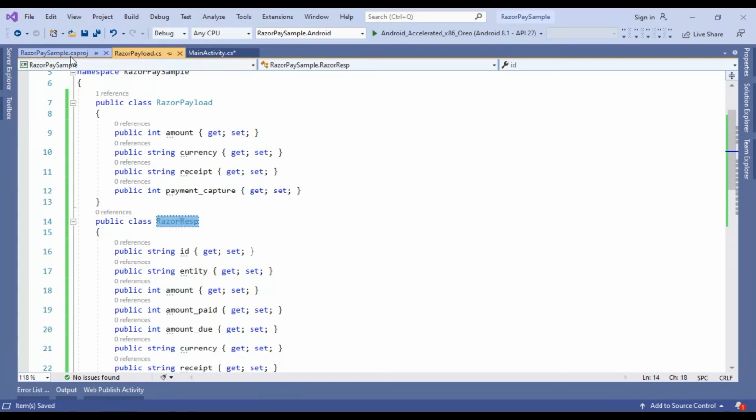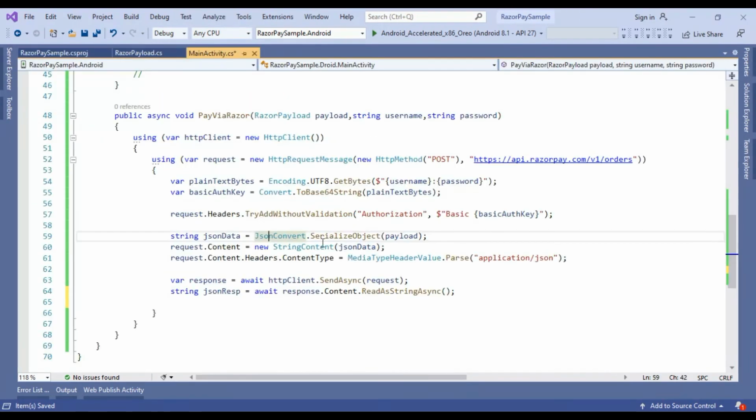Okay, so here is the RazorResponse, and we need to do one thing. We have to convert this JSON data to the class. So we are using this JSON response class: response equals JsonConvert.DeserializeObject, and we have to pass this class name here, and also pass the JSON string.